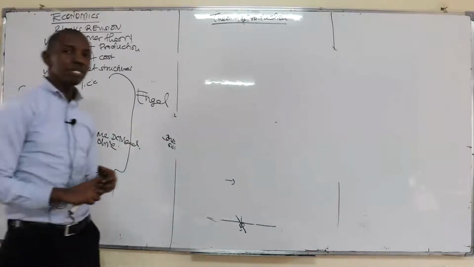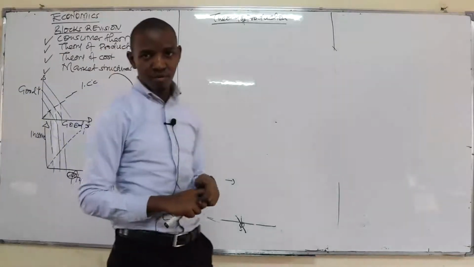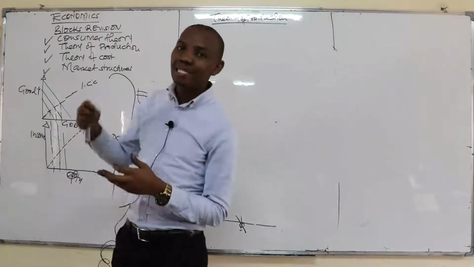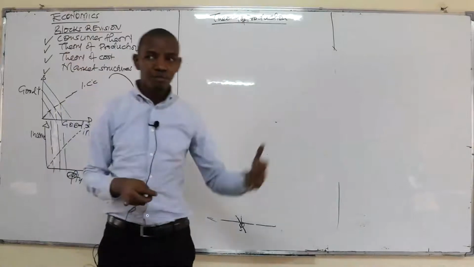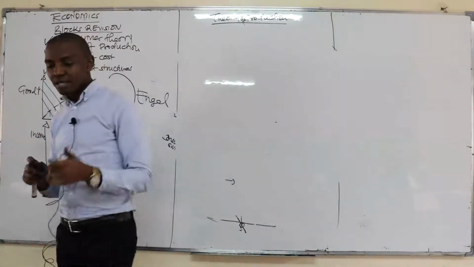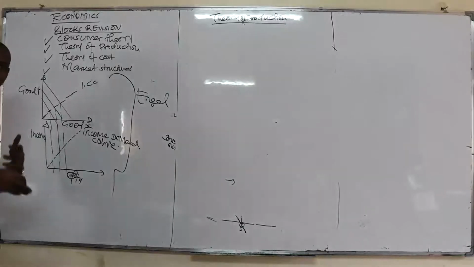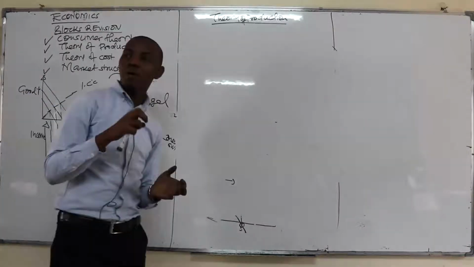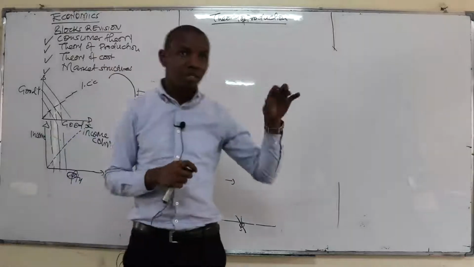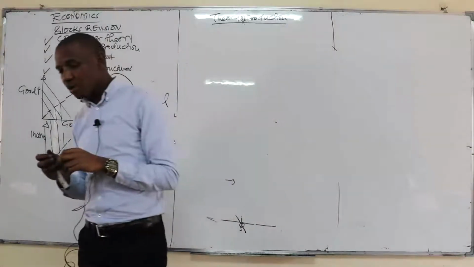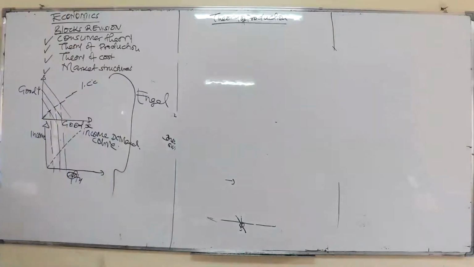The extractive industry is what we call the primary level, whereby you are extracting the raw materials for production. Then the second one is what we call the manufacturing and construction industry, which is the secondary level. In this case, this is where you are using the raw materials in order to produce the commodity. And then we have what we call the tertiary, or what we call the